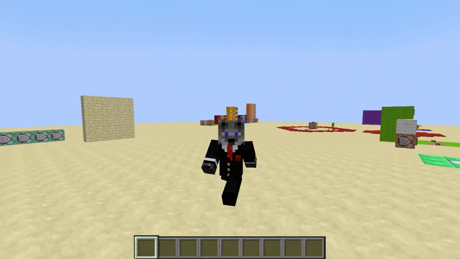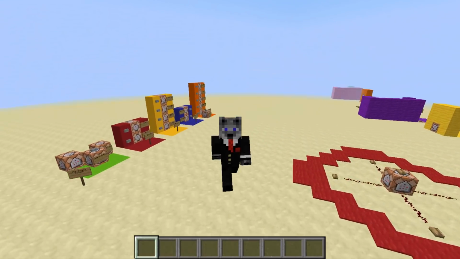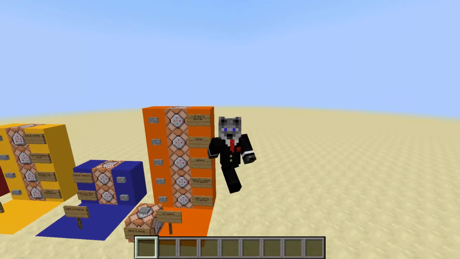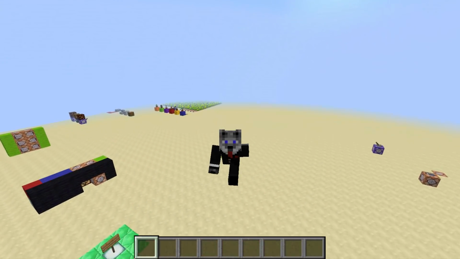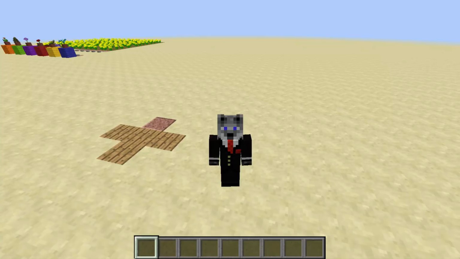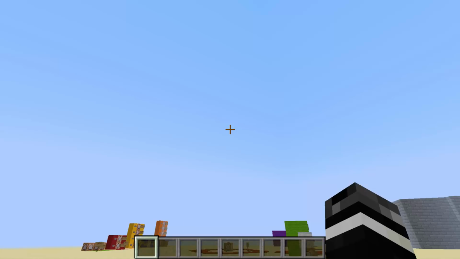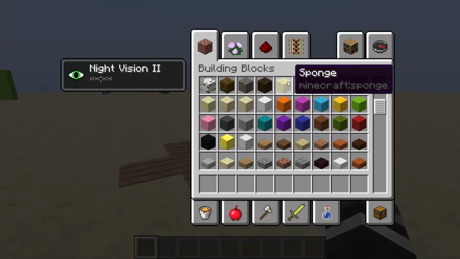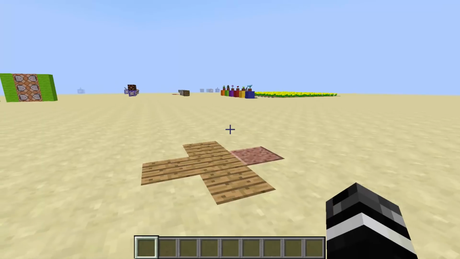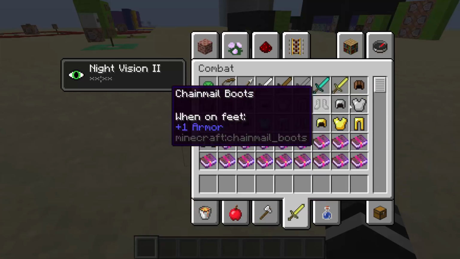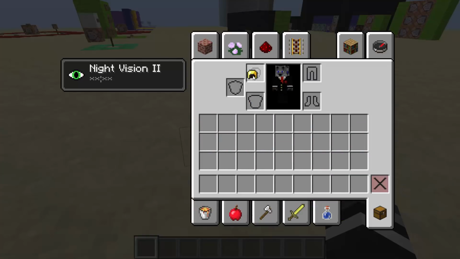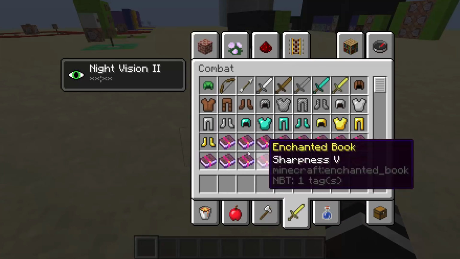I don't think anybody got my challenge from the last one with the modulus, but anyway, this one, the challenge is going to be to design a data pack where when the player puts on a full golden armor, when the player is wearing full golden armor, then